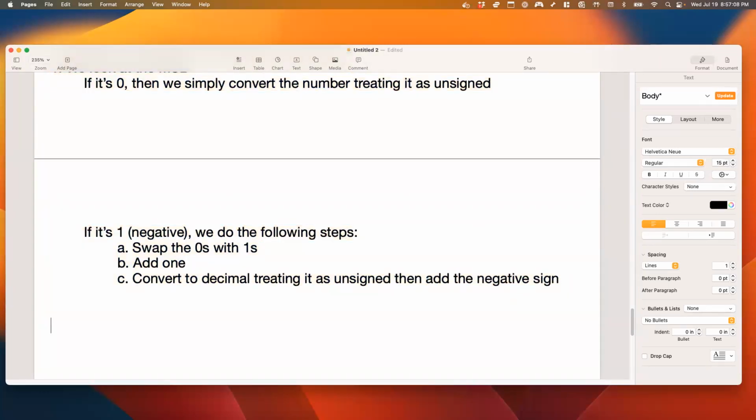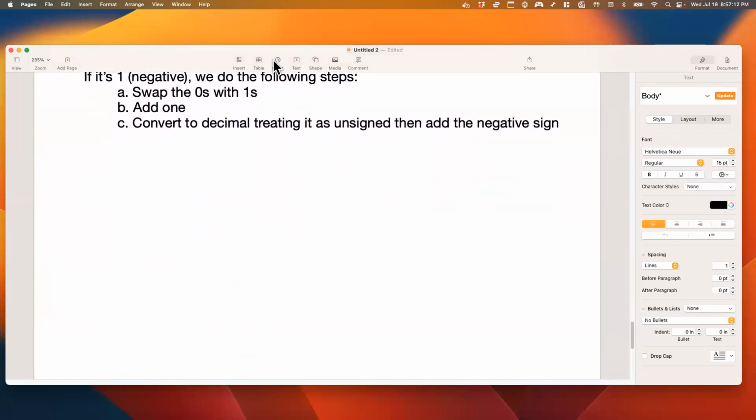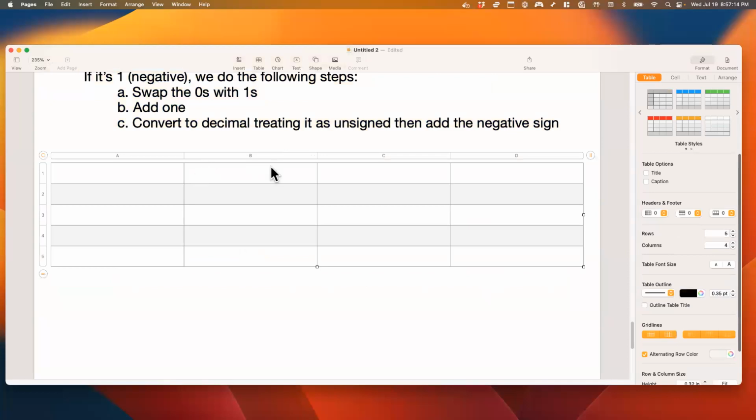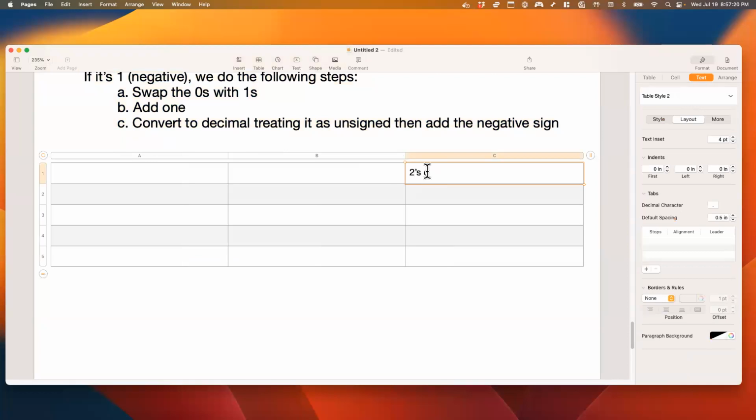So that's it. We can do a few examples here. Let's actually do a few examples. I'm just going to do one for 2's complement. So let's say 2's complement, and